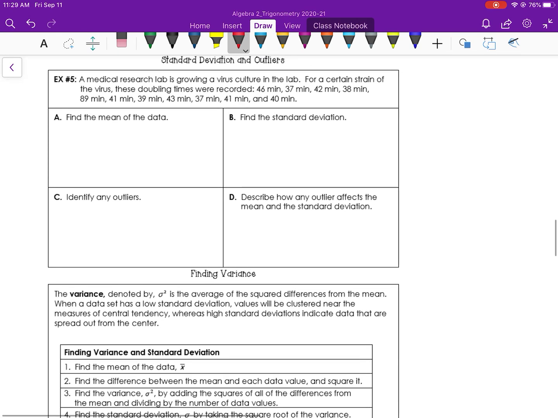So same thing, we're going to organize the data and find the mean. The first thing I'm going to do is rewrite everything, lowest to highest. You got 37, 37,